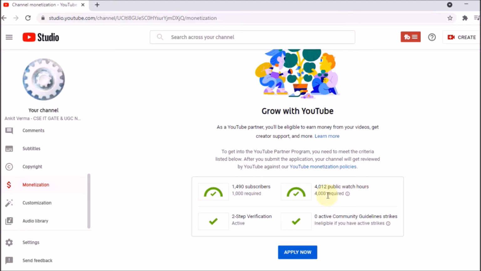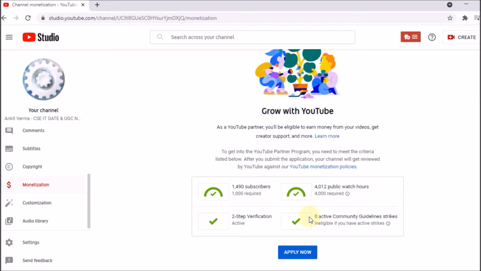Now there are two steps which were recently added. One is the two-step verification. This two-step verification was just added by YouTube so that you can save your channel. We know that there are so many potential hackers who can hack your channel, and if you have two-step verification enabled, then a PIN will come on your mobile, and only then can you access the channel. This way your channel is more protected. That's why two-step verification should be active.